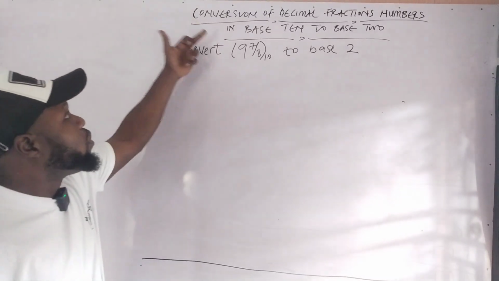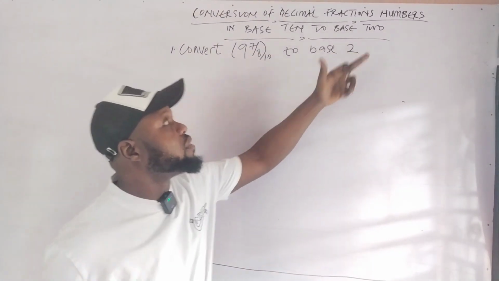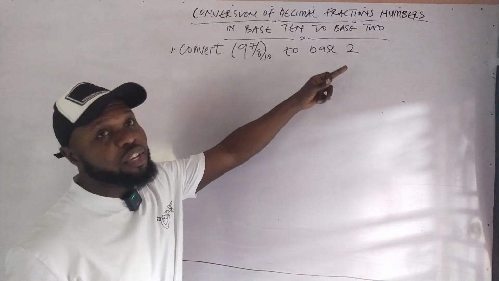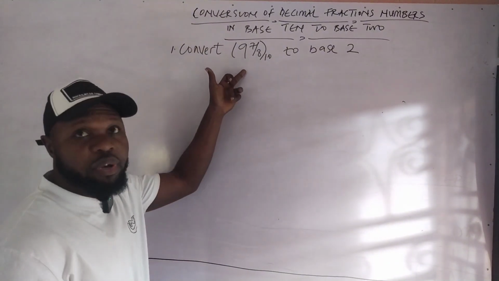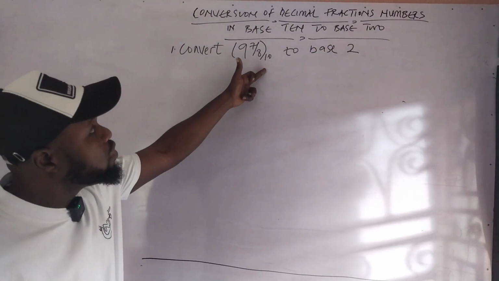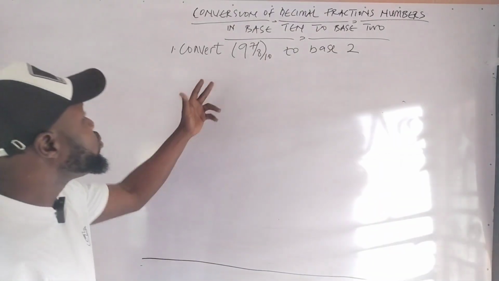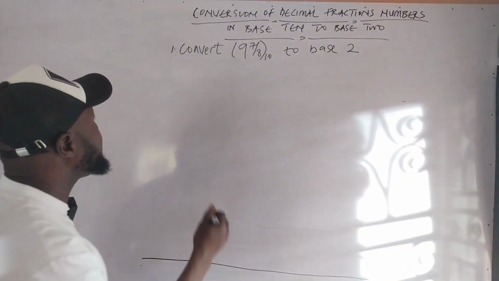Now we want to do conversion of decimal fraction numbers in base 10 to base 2. And we are given this question to solve. Convert the mixed number 9 and 7/8 in base 10 to base 2. How do we go about doing this? First step,